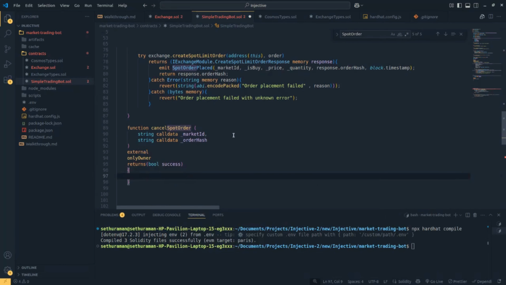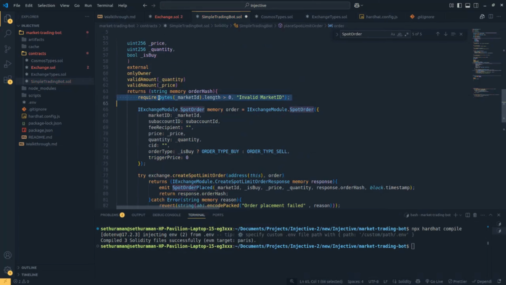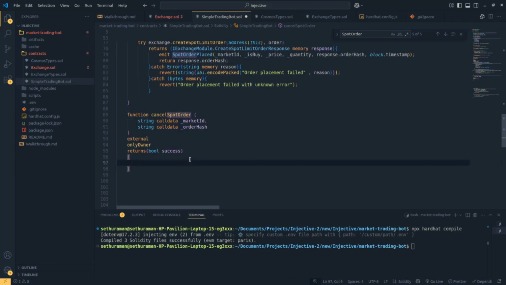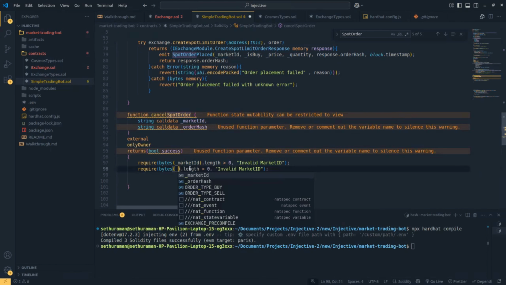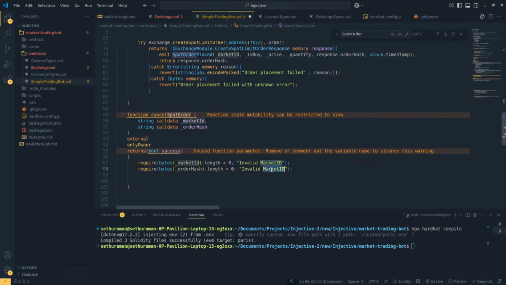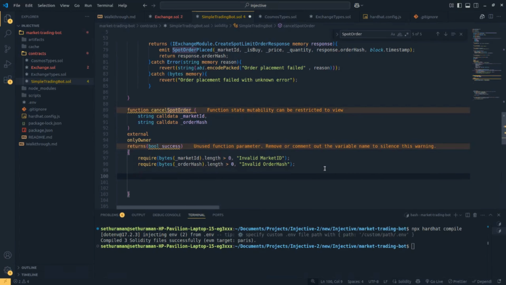And it also requires a couple of things. One is the same thing: we need to check if the market id is proper, otherwise invalid market id. We also need to check if the order hash is proper, and we'll just say invalid order hash. Okay, so those are the two things, and then just like last time, we are going to do a try catch. So try exchange dot